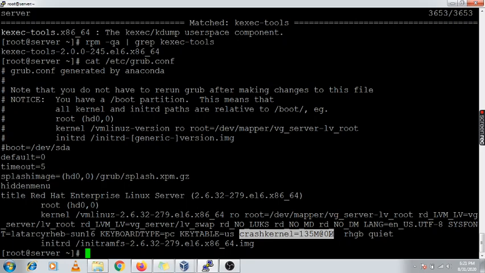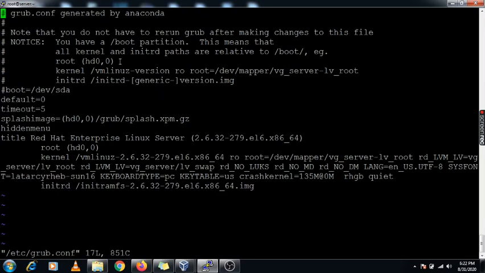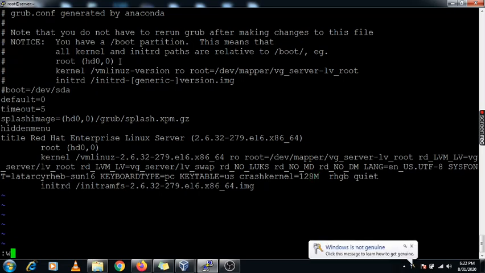This is the configuration we can use. Now I am going to modify this crash kernel value. I am going to mention the size of RAM, that is 128 MB, and save this configuration.